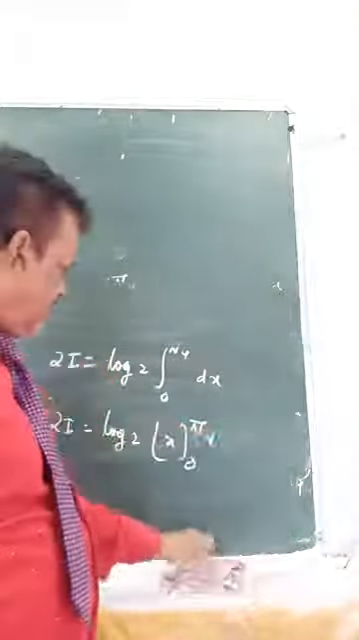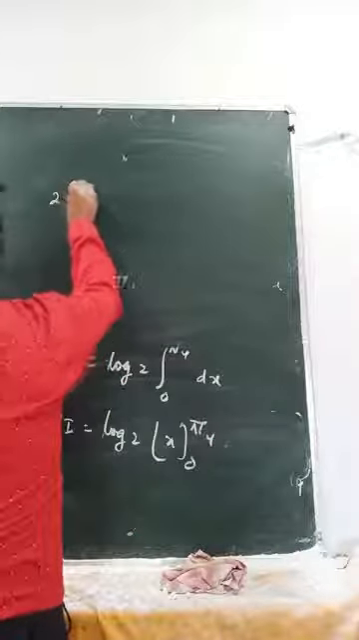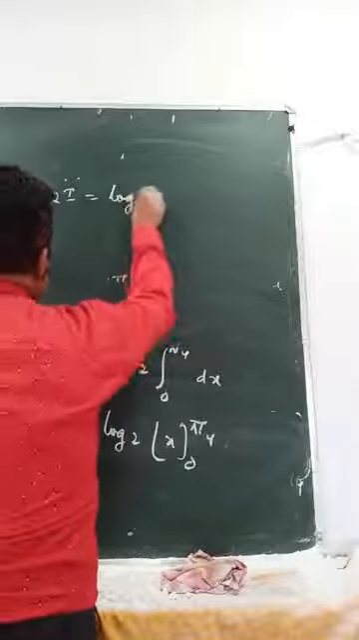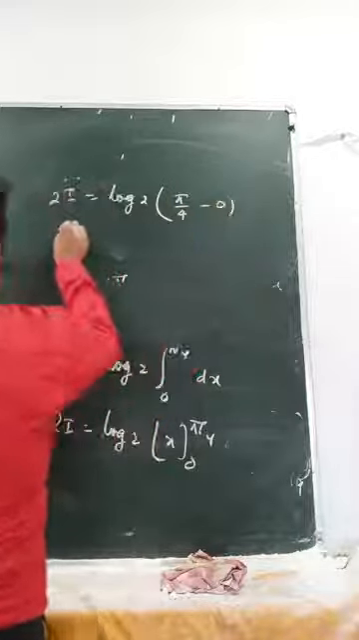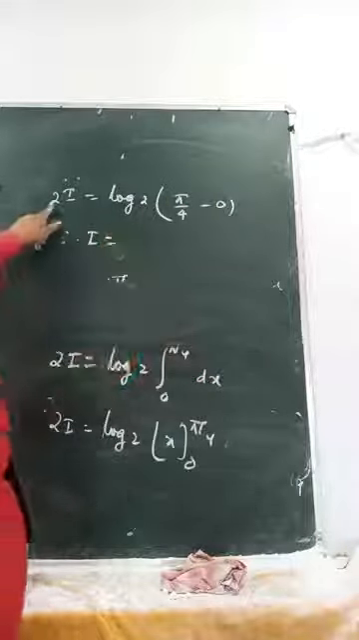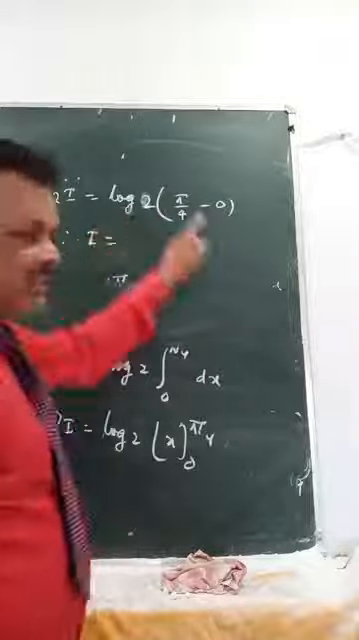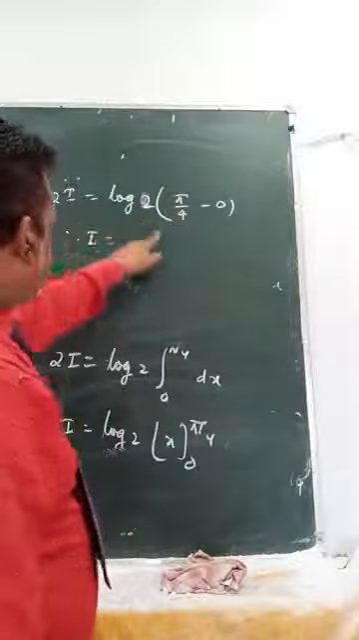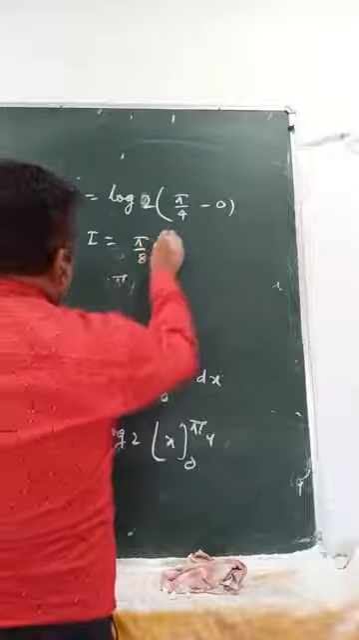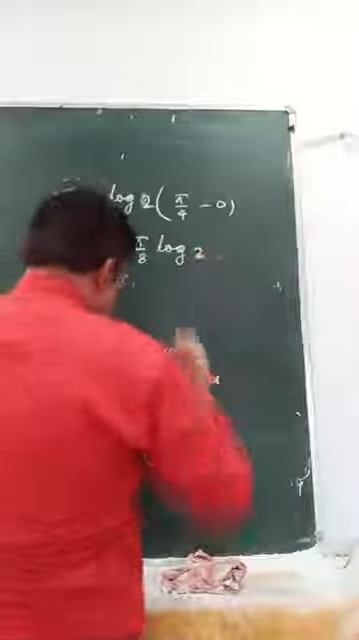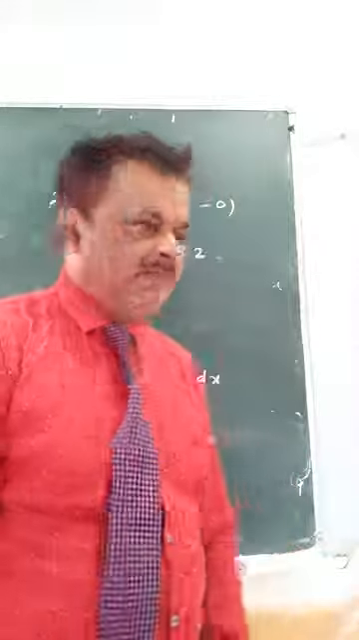So for the limit, pi by 4 will come here. 2I equals log 2 times (pi by 4 minus 0). Therefore I equals these two, if I divide here, because this is multiplication form. So 2 if I divide, that will be pi by 8. So that is pi by 8 log 2. So this is your answer. It's very interesting if you use the technique. See again,